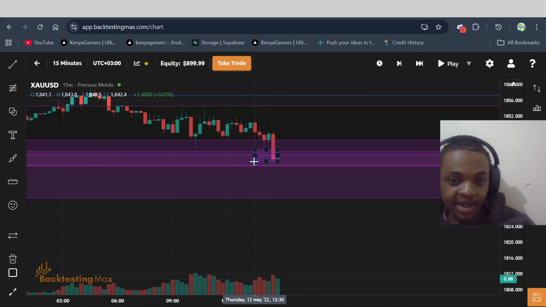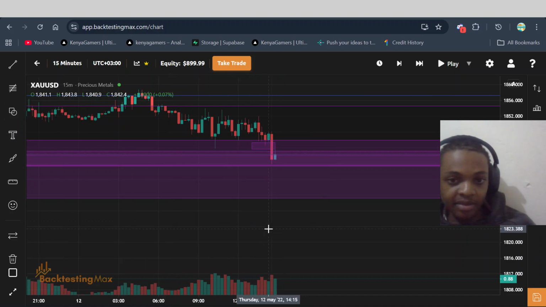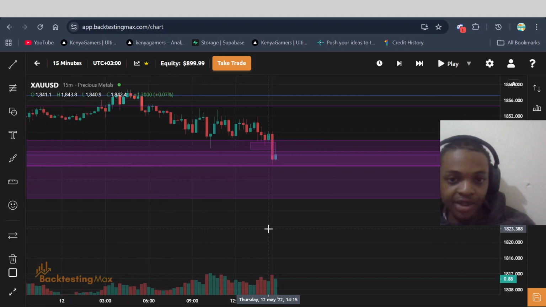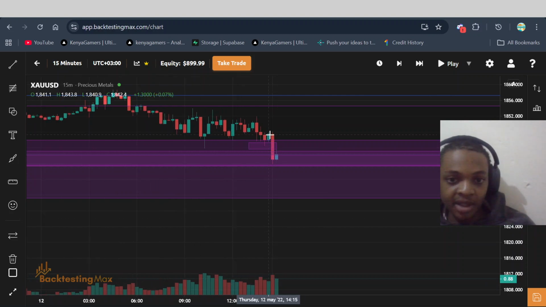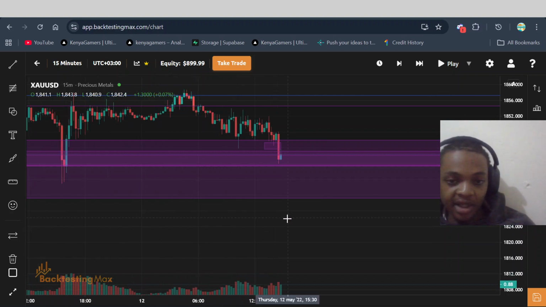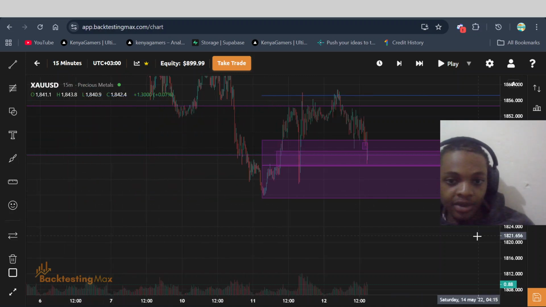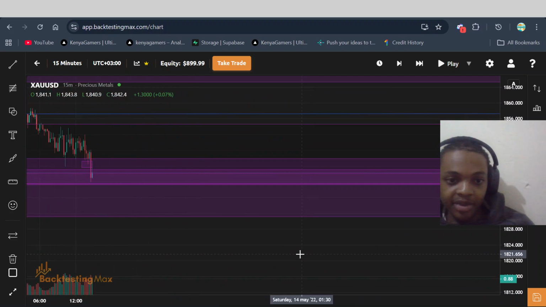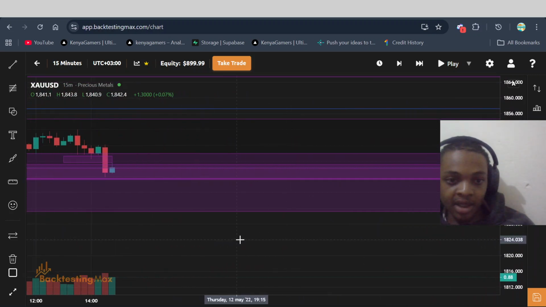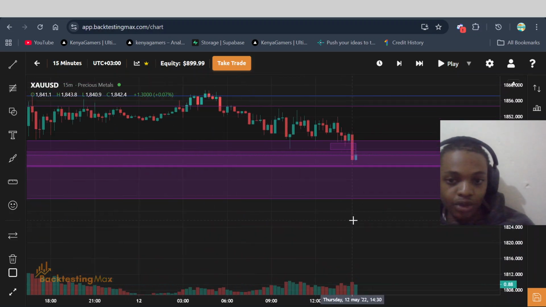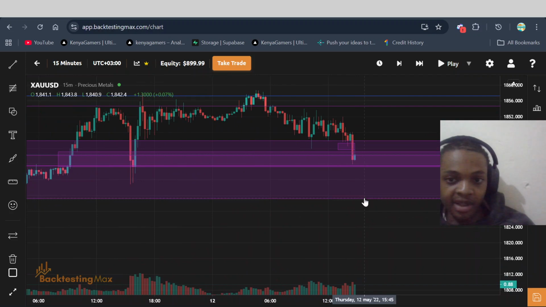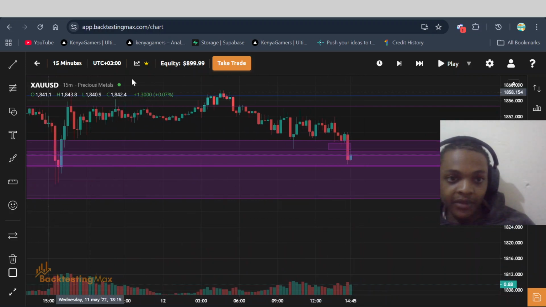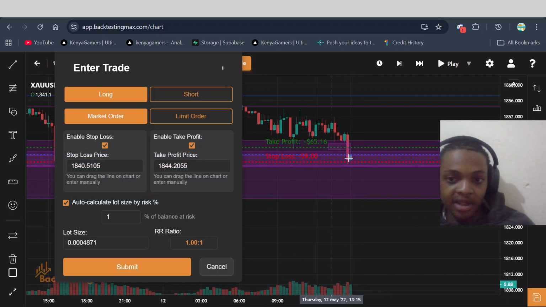Unfortunately, all I'm seeing is bullish fair value gaps. This is a bullish engulfing candle. So probably price is probably going to come back down to here. So I'm gonna take the trade short,